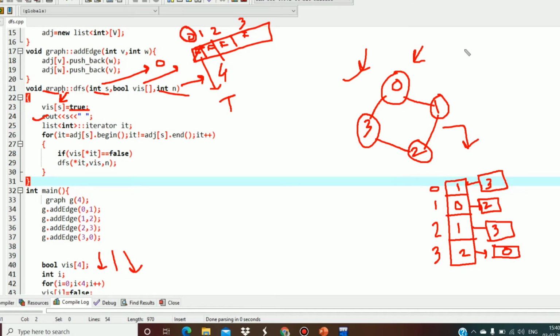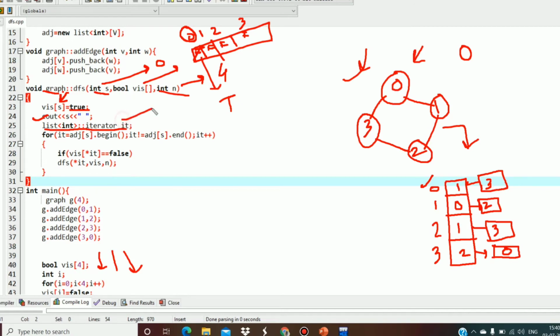So I'll print this 0 and start iterating over its adjacent vertices. If we see this list, the adjacent vertices connected to this vertex are 1 and 3.